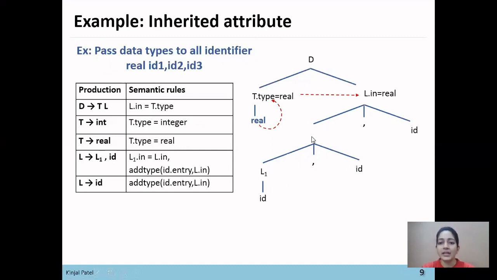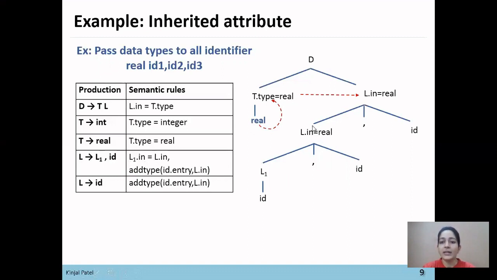Now next here L1. To assign L1, the inherited attribute is used. So we'll replace this L1 with L.in. Now here L.in equals real. Why? Because L1.in depends on its parent.